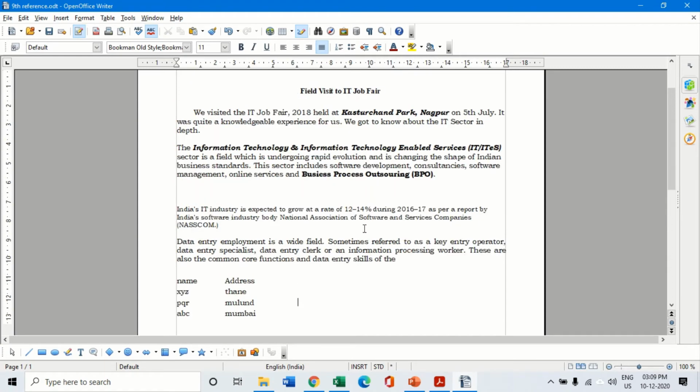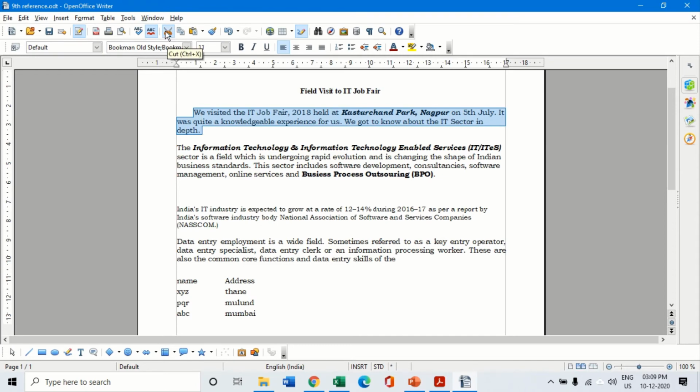Selection of a text, as I told you, is very important for using certain editing commands like cut, copy, paste, or certain formatting commands. Let us understand the very simple one. We have already done it before, the copy paste command. So editing commands of cut, copy, and paste. Now suppose I have selected this text and I want to copy and paste the same text below.